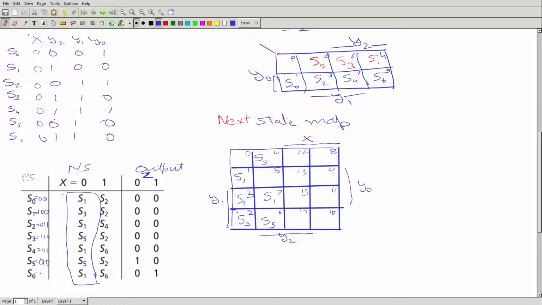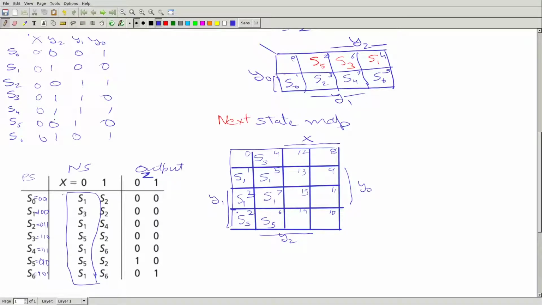our current state is S6. S6 we have encoded as 1, 0, 1. Then we get next state as S1. And